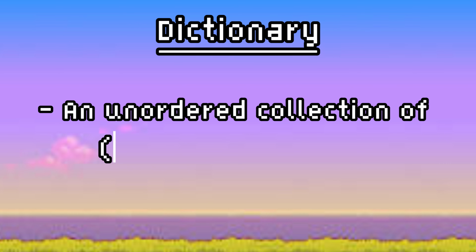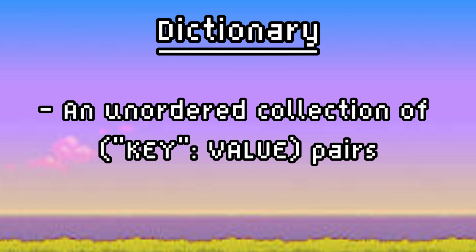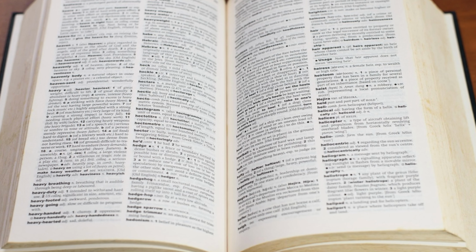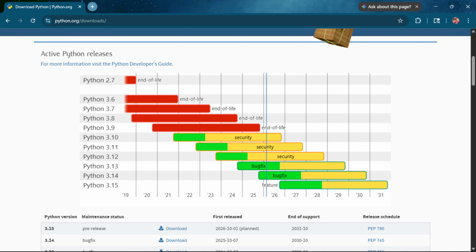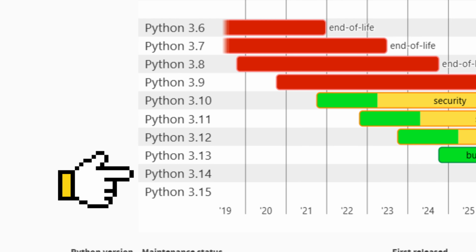Before we get started into the code, we have to understand what a dictionary is. A dictionary is an unordered collection of key value pairs. Think of it like a normal dictionary. The key would be the word that you want to look up, and the value would be the definition for that word. Now, even though I said that it is unordered, one thing to note is that at the time of recording this video, Python is on release 3.14, and the Python dictionary maintains insertion order